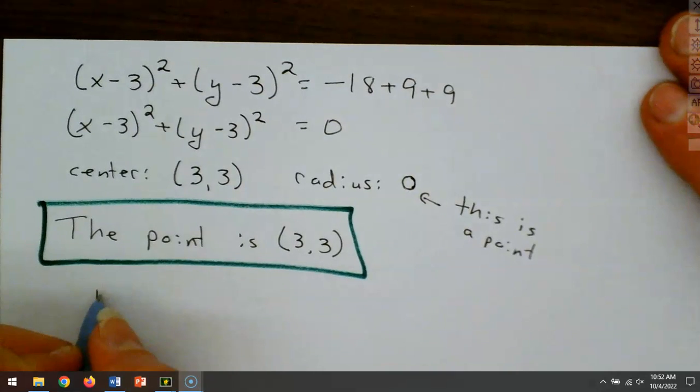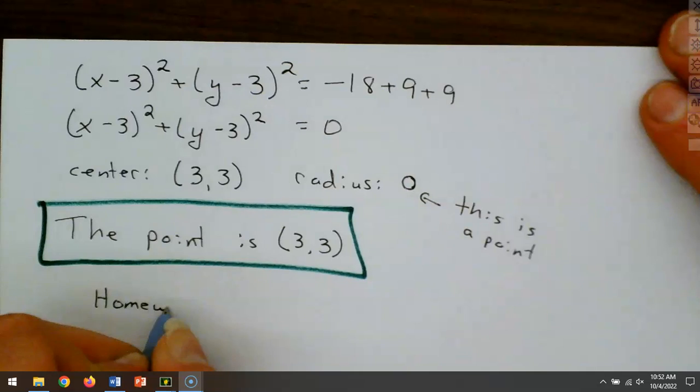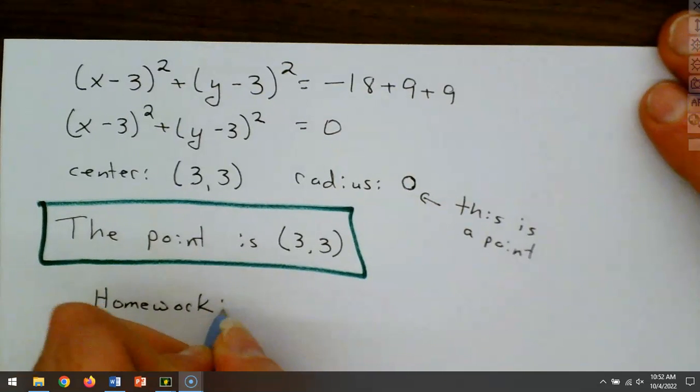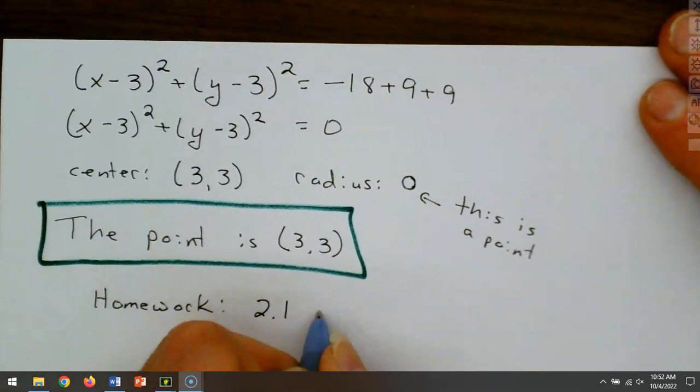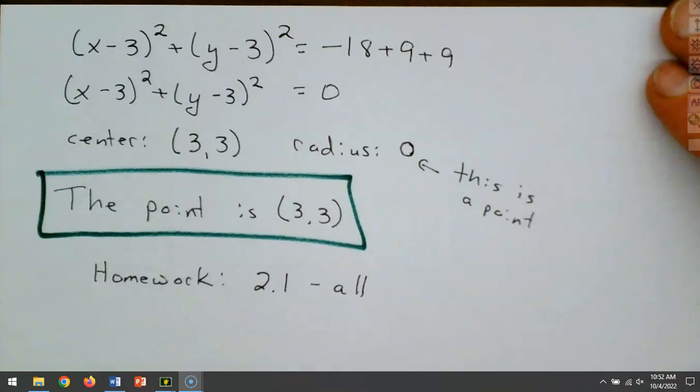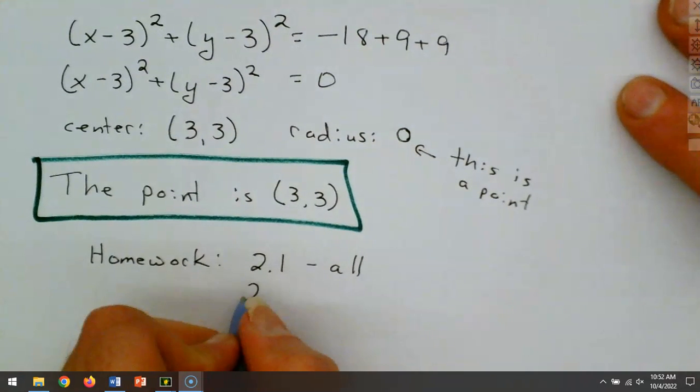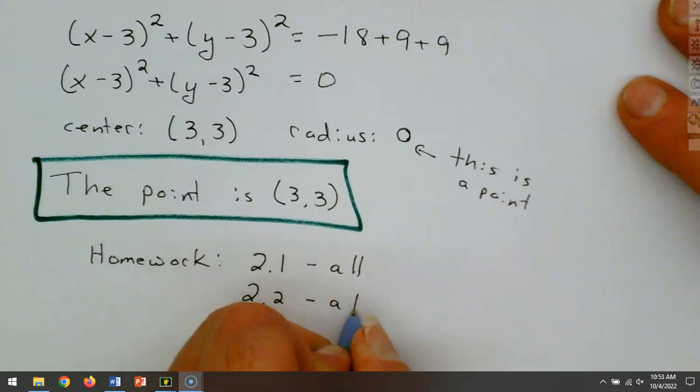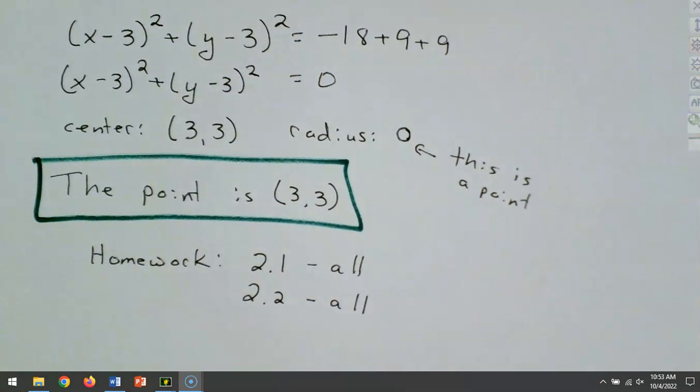Now, what's our homework? Well, your homework is 2.1. You can do them all. And 2.2. You should be able to do them all. So that is going to be your homework. Also, before you leave, make sure